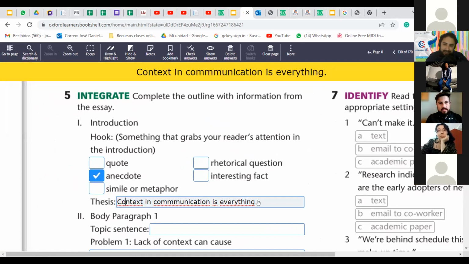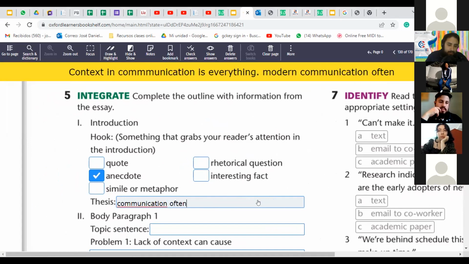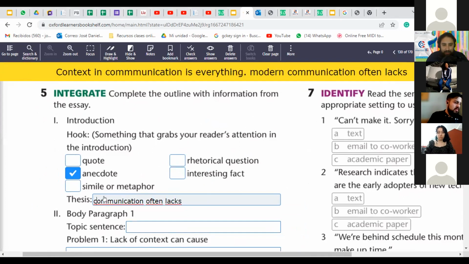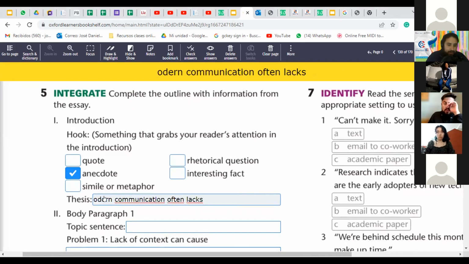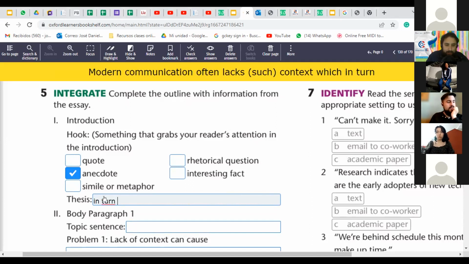It also goes, modern communication often lacks such context, which creates problems we need to solve. I would say that's more of the actual thesis. So it would start here. Modern communication often lacks, well, such context, which what? Which in turn,